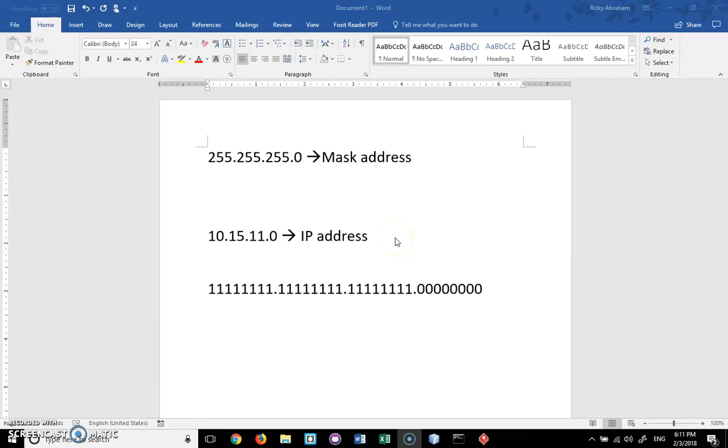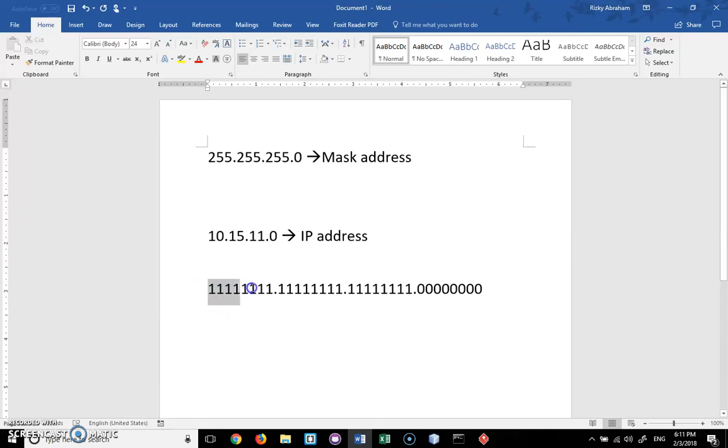I'm gonna try to explain about the IP address and mask address, and I assume you guys understand the basics about binary and decimal. I give an example right here. The mask address is 255.255.255.0. And an example of an IP address is 10.15.11.0. These numbers are decimal right here, and if you change them to binary, it would